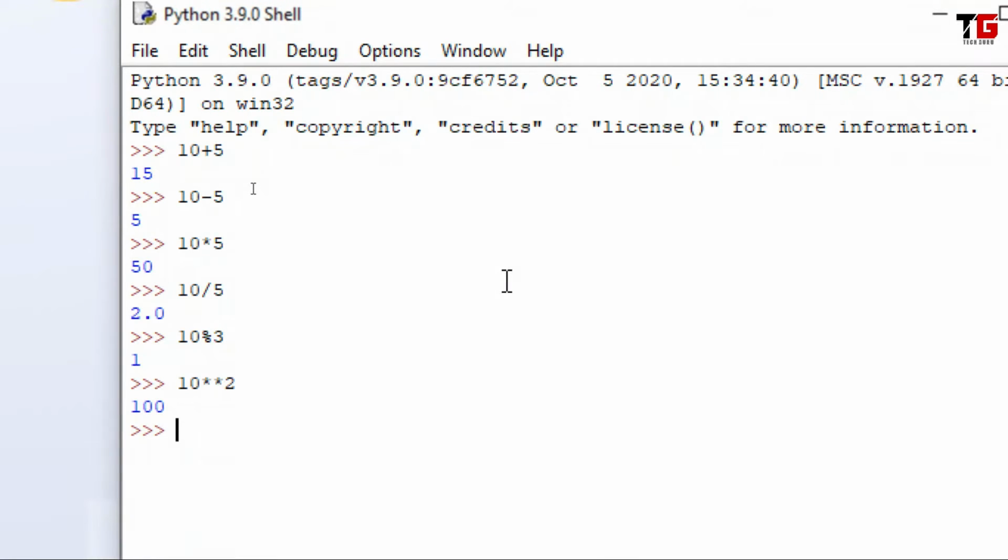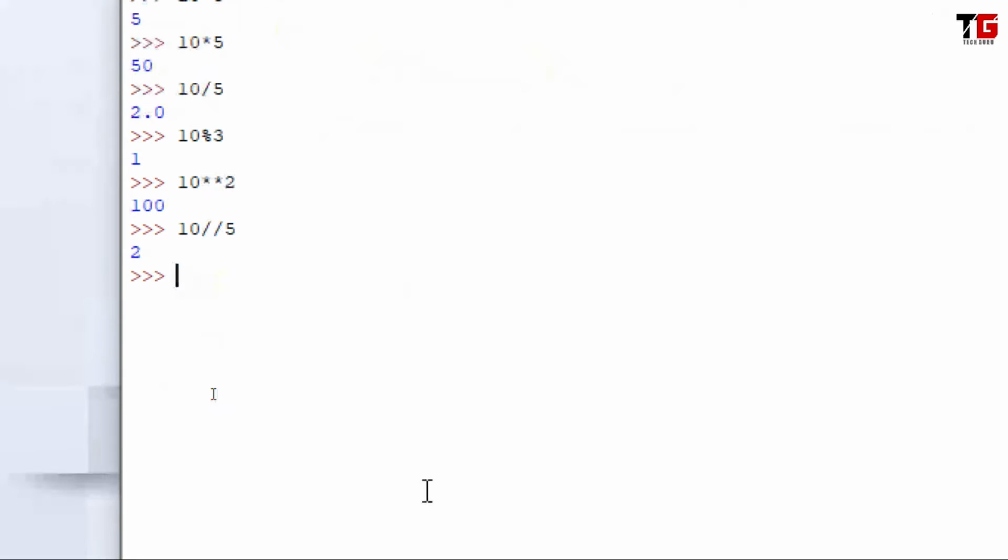Okay friends. Now we have one more type of division here. This is called floor division. This type of division always returns an integer value, an integer lesser than the float result that is given by our simple division. Just see friends, here I got 2. Let's see one more example. I say 10 floor division by 3.